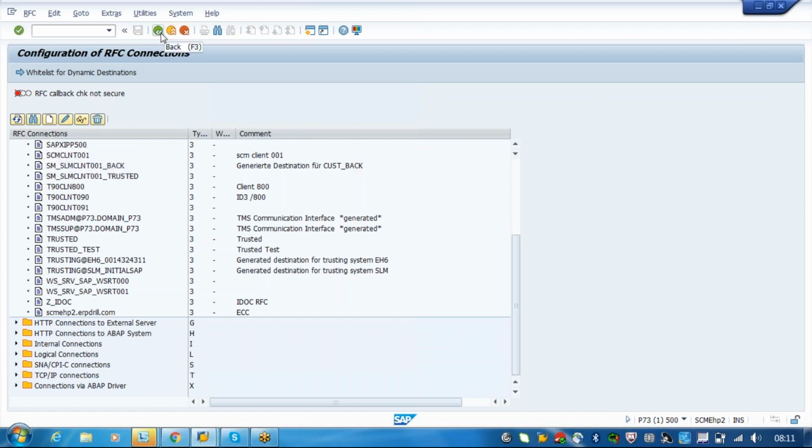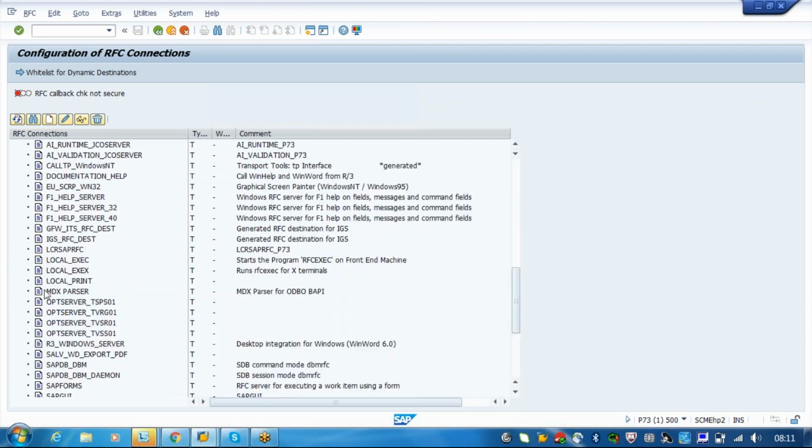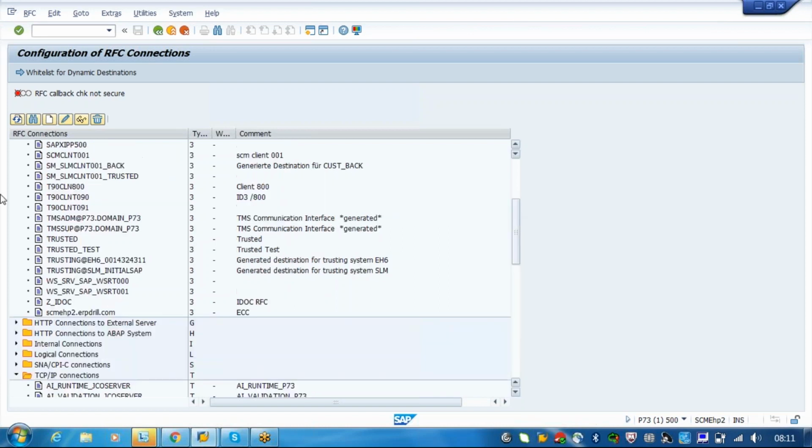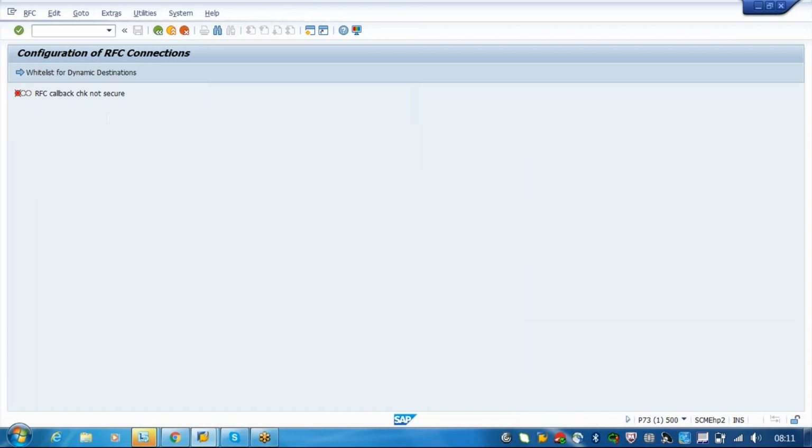How about the remaining connections? HTTP, internal, TCP/IP. This one, yeah? Now this is for some other thing. It is not for us. It is only for IDOC connections or something. It's not for us. For TM and EWM, it is only done using this GTS also. So the remaining ones we are not going to do. This is for some other purpose.